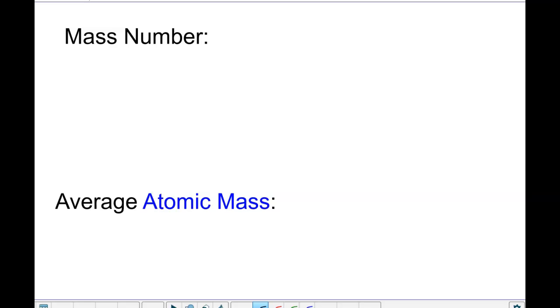All right, my calculator is right here. I'm going to need it in just a second. So we're going to do a few definitions first. The first thing we're going to talk about is this concept of mass number and how it is different from average atomic mass. So mass number is